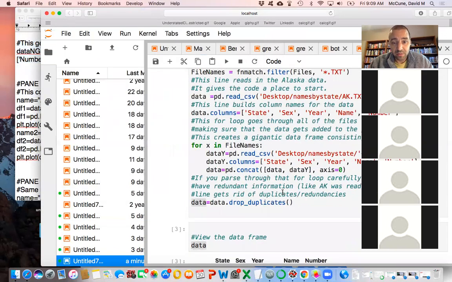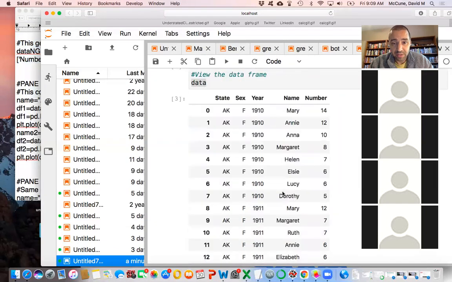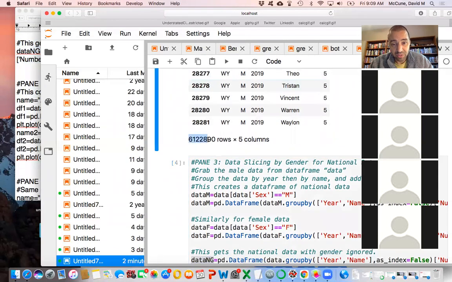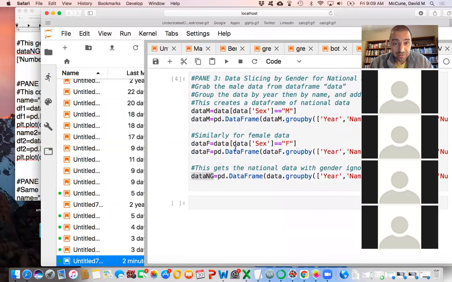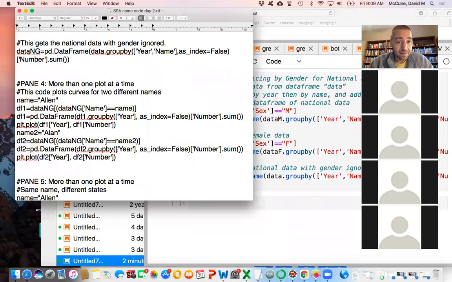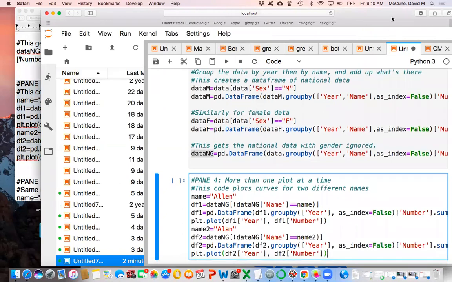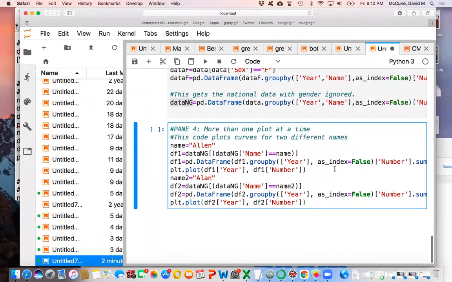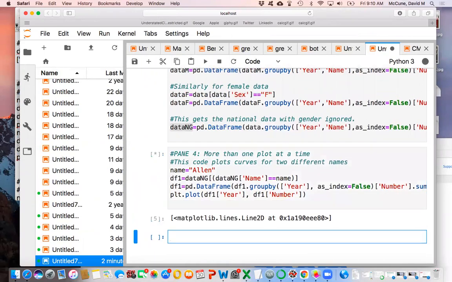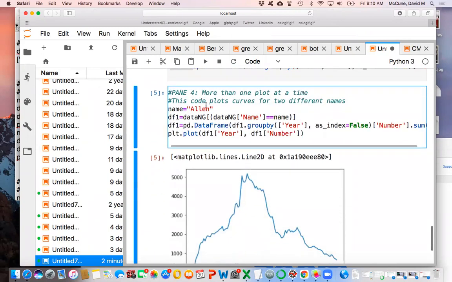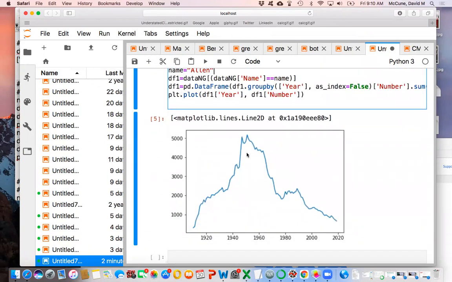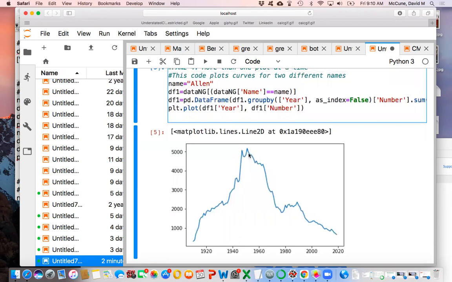So, oh, finally, okay. Yeah, so there's all the data. Yeah, again, 6 million rows, right? So the data is not messing around. Okay, so let me grab this now. This is new, something new. So if I just take this out, let me just remove this for a second and run this, it's just going to do what we've seen before. Here's Allen's spelled like this over time. So Allen, spelled like A-L-L-E-N, peaked in 1950 or something with like 5,000 babies named that.